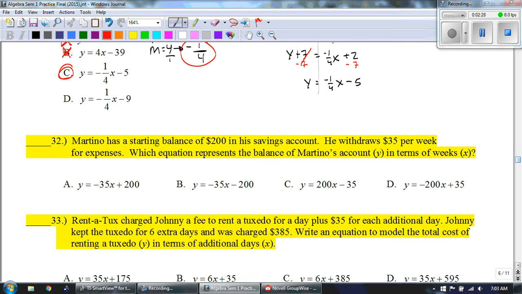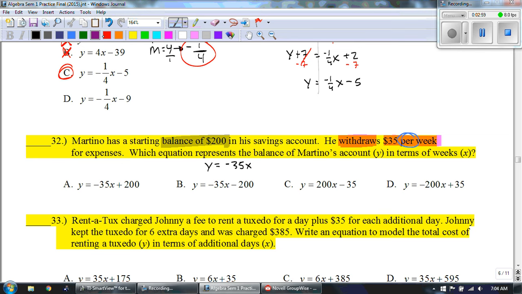All right, Martino has a starting balance of $200 in his savings account. He withdraws $35 per week for expenses. Which equation represents the balance of Martino's account, y, in terms of weeks? So the key thing here is that he is spending, he is withdrawing. So that's going to be a